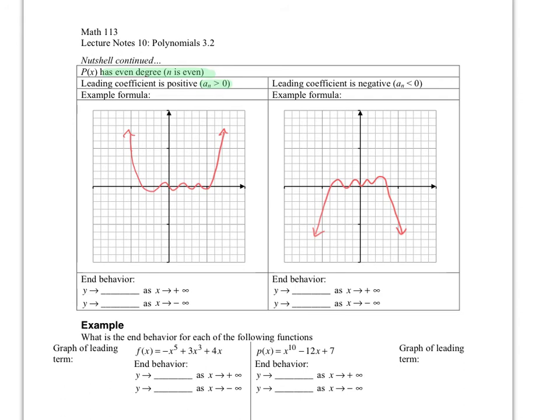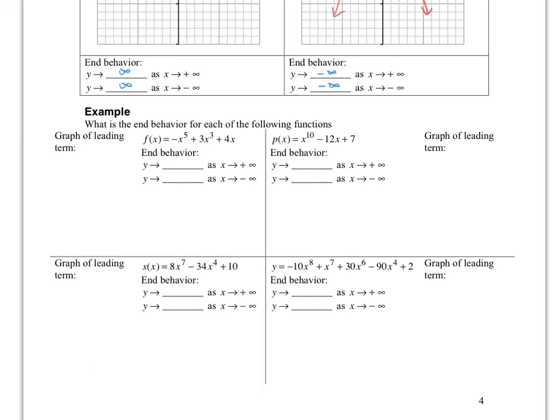As x goes to infinity, this will go to infinity, and this will go to infinity, which you can see here, here, and here. In this case, as x goes to infinity, this goes to minus infinity, and this goes to minus infinity too, which is, again, pretty simple. Right, so once you understand what I just told you, then to find out the end behavior of these questions,